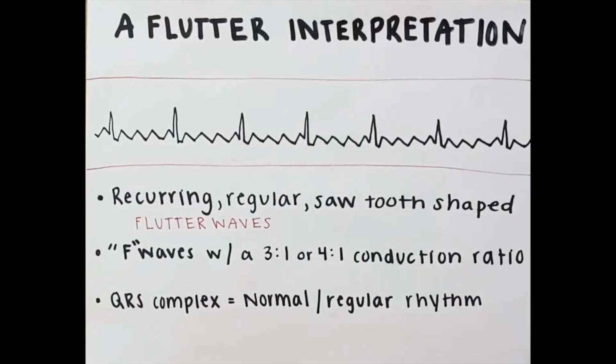The atrial tachycardia that is seen with A flutter is identified on an EKG by recurring, regular, sawtooth-shaped flutter waves. The flutter waves are seen with a conduction ratio of 3:1 or 4:1. This means there's either 3 sawtooth waves, then 1 QRS complex, or there's 4 sawtooth waves, then 1 QRS complex. Like I said before, the QRS complex is typically normal and has a regular rhythm, but sometimes there will be